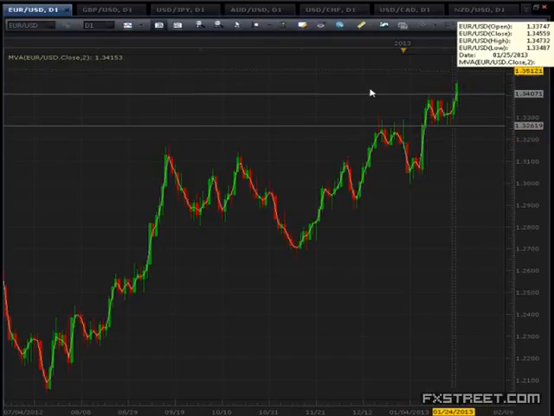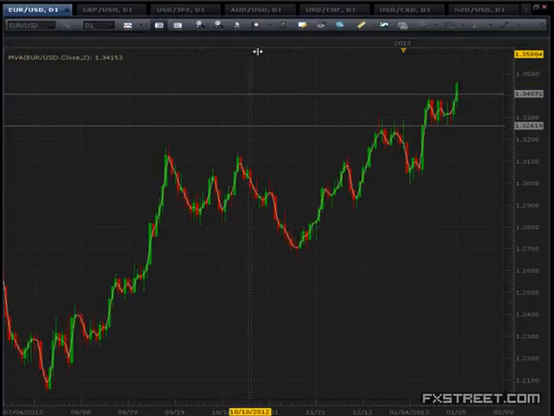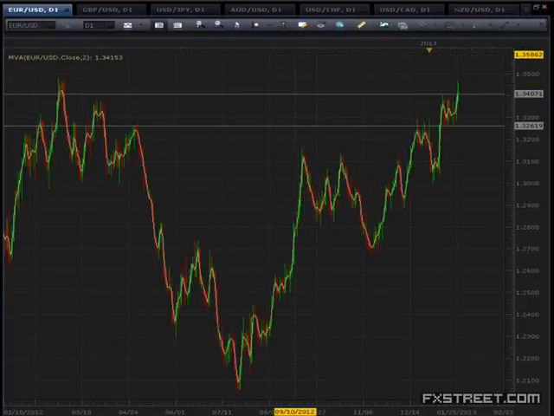reaching as high as $1.3473 in a trading session today, which is also not a coincidence because, as I explained previously, we're now seeing the euro approaching $1.3485, which was a previous level of resistance, and it was the 2012 high for the euro versus the US dollar. Needless to say, this is a very, very important long-term resistance level that the euro is approaching in a trading session today.